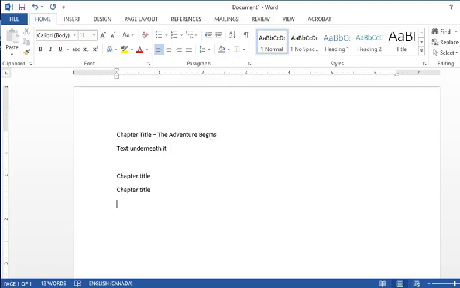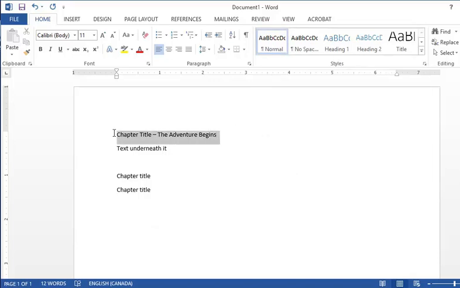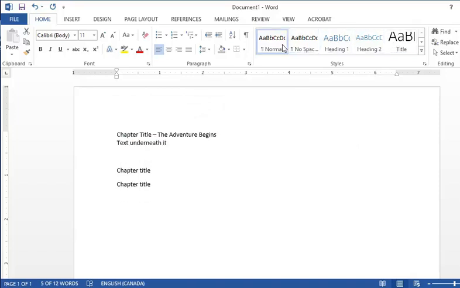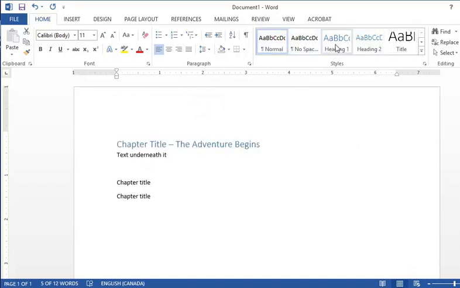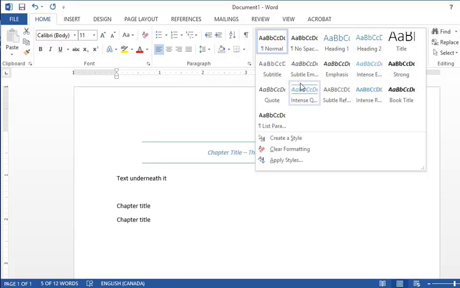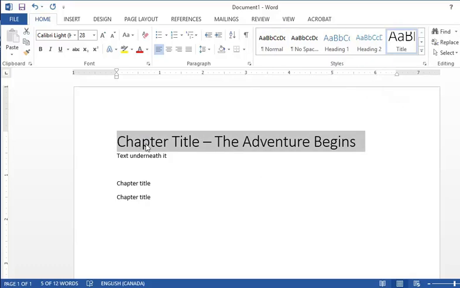Now what you can do is you can label these using these styles. So let's highlight the first one that says chapter title, the adventure begins, and let's click on title, and you'll see even if I just hover over it, it changes the way it looks. So I can click the little drop down menu and I can run through all the different styles that I've got. It's pretty neat. So I'm going to select the title style,